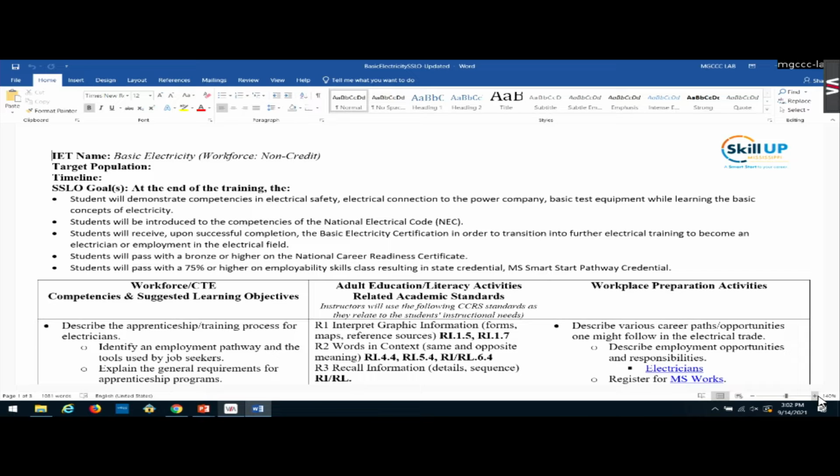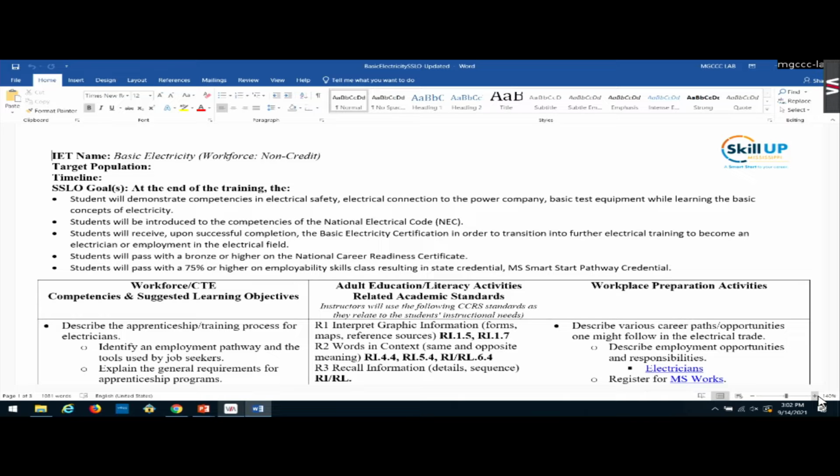But if you will notice each bullet, I have: students will demonstrate competencies in electrical safety, electrical connection to the power company, basic test equipment while learning the basic concepts of electricity. Students will be introduced to the competencies of the National Electrical Code, NEC.